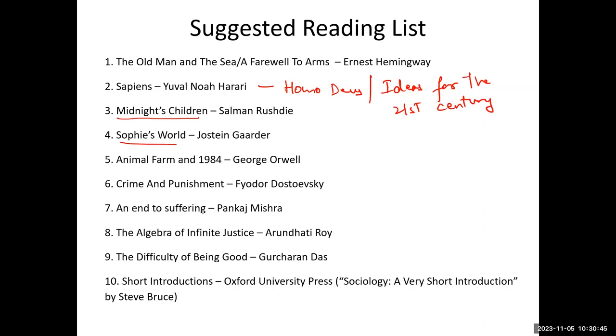Then again, from literature, you have George Orwell, two very famous books, Animal Farm and 1984. Now, both these books are written in very plain, simple language, but they actually are metaphorical. They talk about the pitfalls of communism. Animal Farm talks about the pitfalls of communism, and 1984 talks about the surveillance state, how those in power